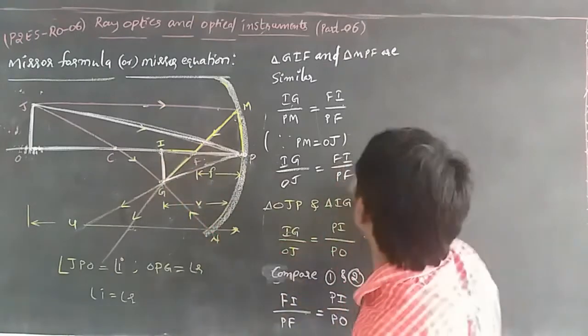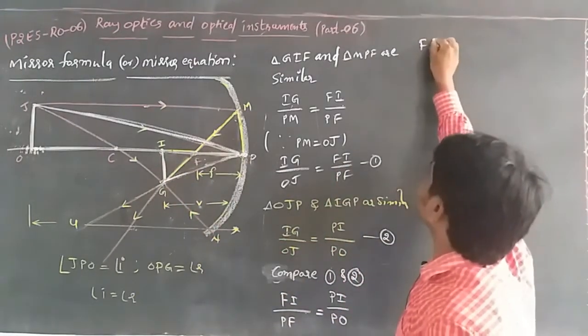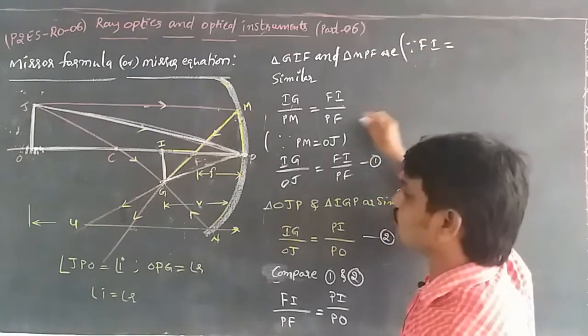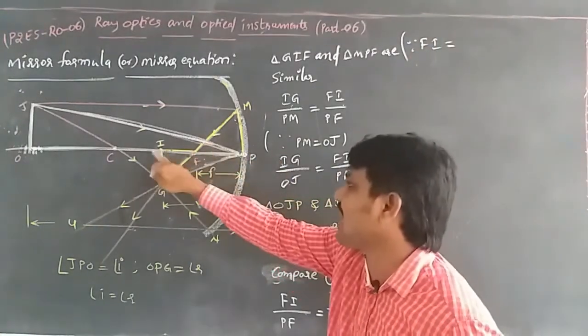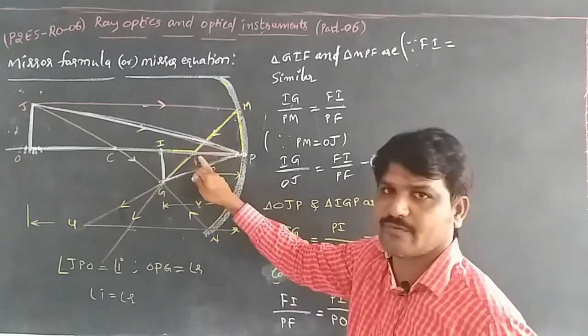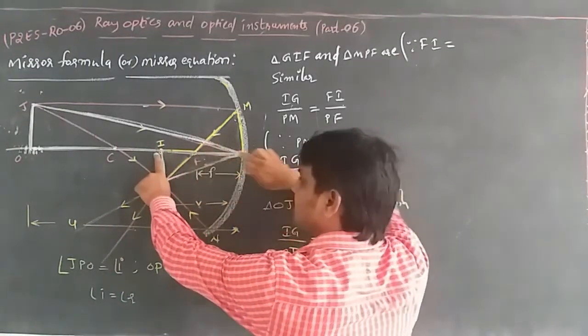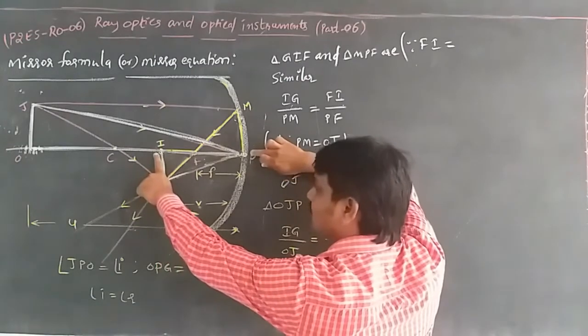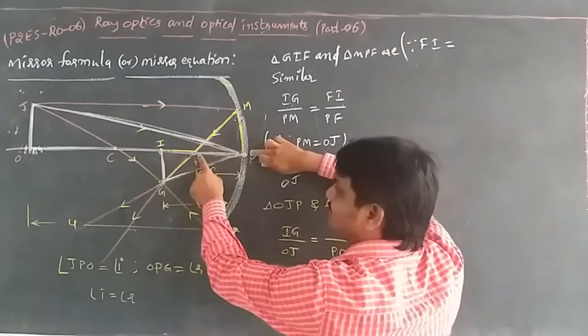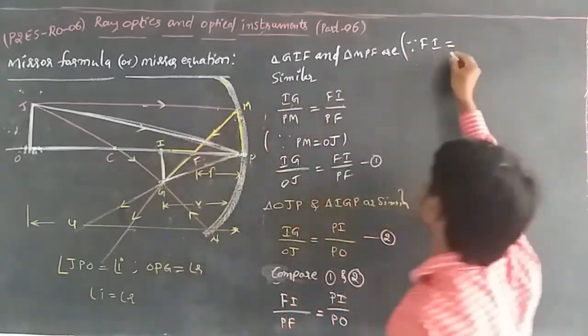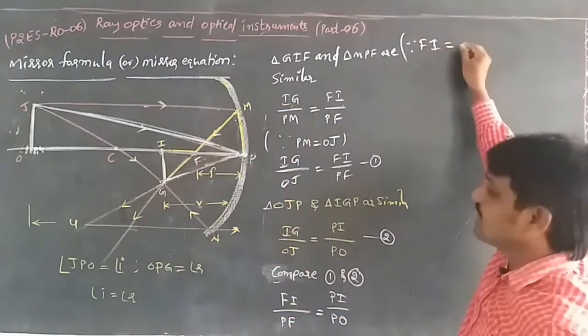So that's why we want to write that Fi is equal to Pi minus Pf. The total distance, we know, we should know this value only. So that's why we are subtracting the known distance from the total distance, so that we can get the unknown distance, that is Fi. So that's it. Fi is equal to